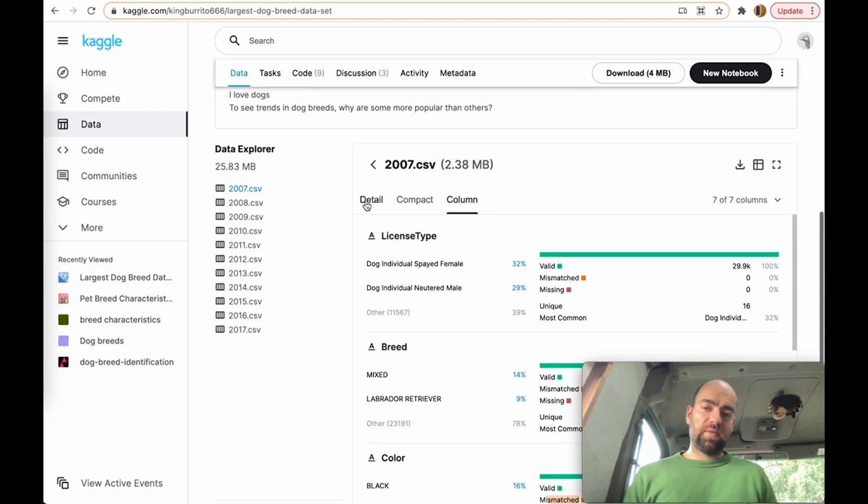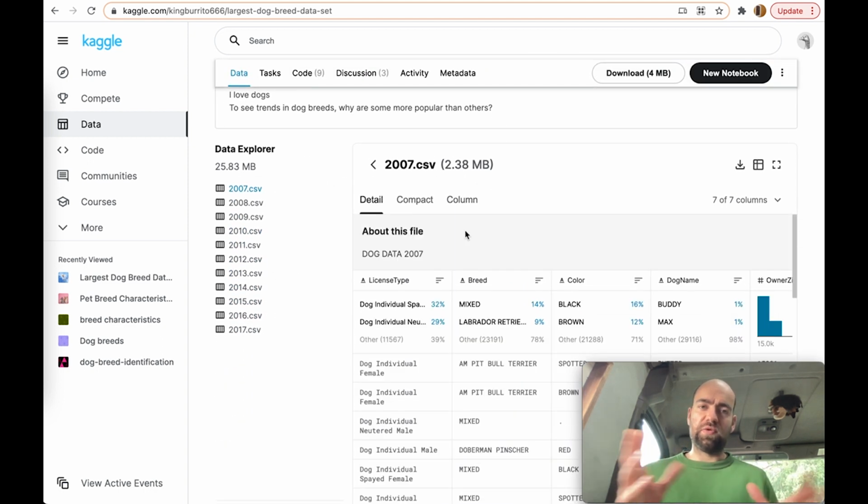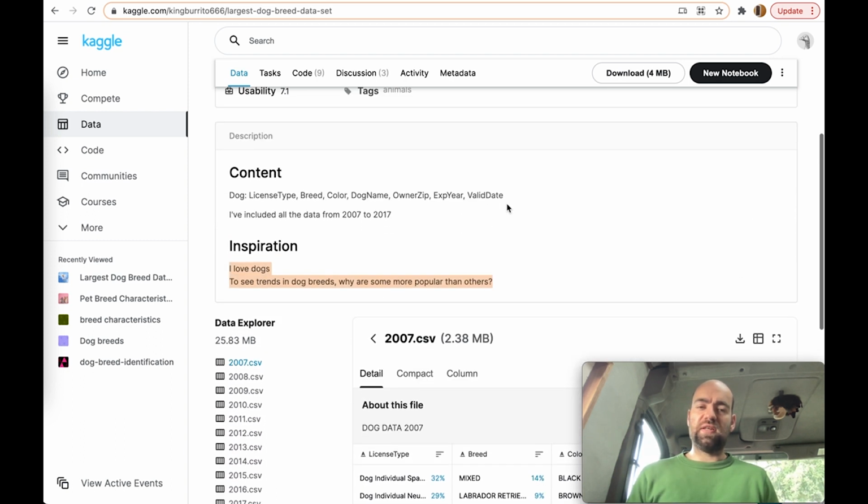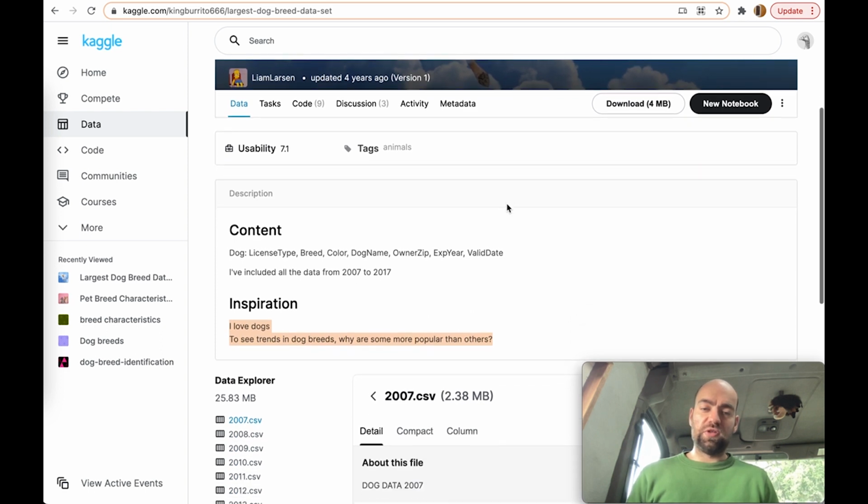Yeah, another thing to look out for here would be the reliability. So here in the inspiration for this data set, it says, I love dogs. To see trends in dog breeds, why are some more popular than others? So this gives me the idea that this person has actually collected this data from another source so that they can analyze it later. So I don't know anything about the reliability of it